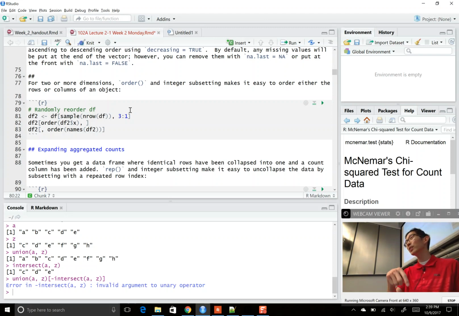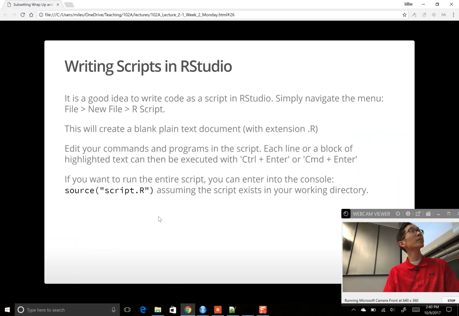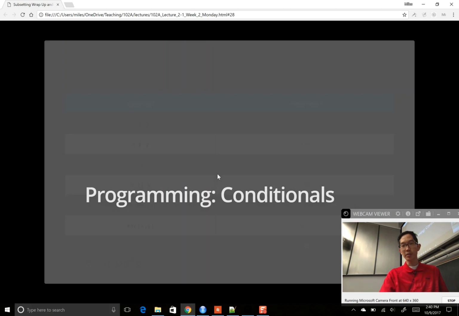Because every time you knit it, it just says running code chunk 10 or the code chunk that you've named, and it goes dot, dot, dot to say that it's running that thing. So if something goes wrong, you had to wait for all of this other code and all of this computing power just to lay out the stuff. So if you're working on stuff, I highly recommend working in a script. Once you get it working, then you can move it over into your Markdown notebook. Okay, and then you run things from your script using Command Enter or Control Enter. So those are just